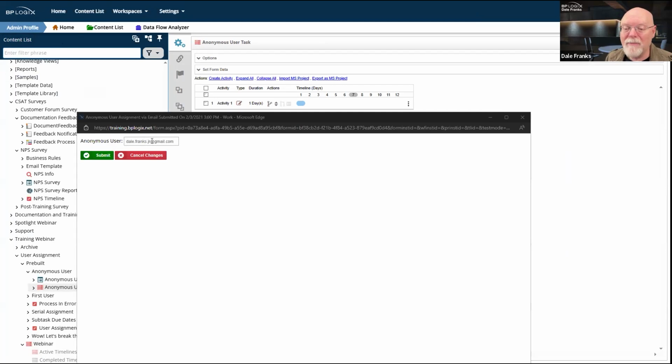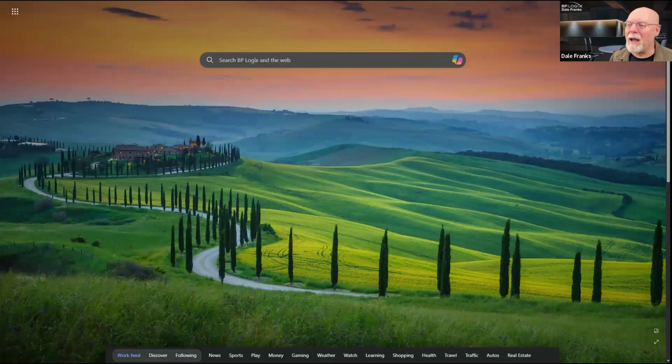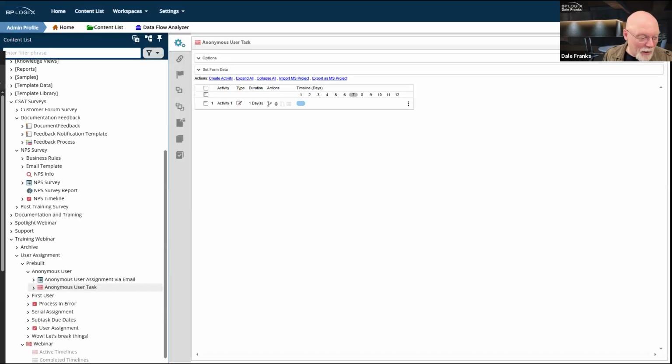So here's my, I'm sending that to Gmail. I have not looked at what I have in my Gmail inbox, and I'm not going to open my Gmail inbox up where you can see it. So let me submit this. And I guess I can close Outlook now since it's not going to come to my Outlook address. I'm going to open up a new tab, and I am going to move this tab to a completely different screen because I have no idea what kind of horrific spam I might have in my Gmail.